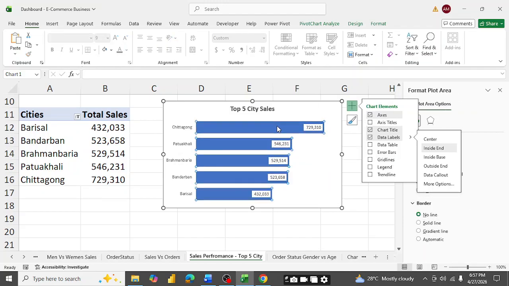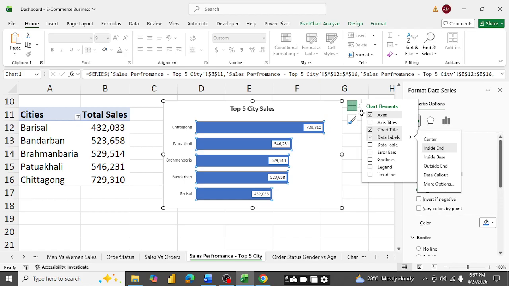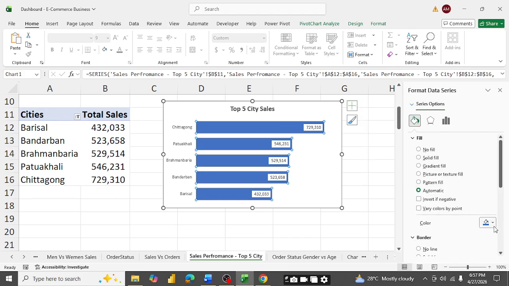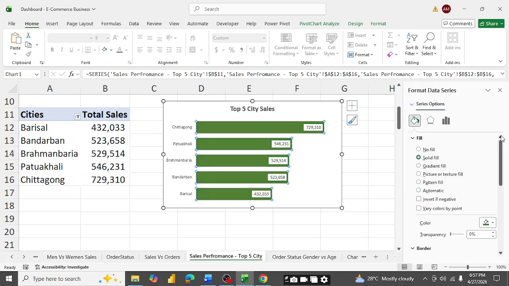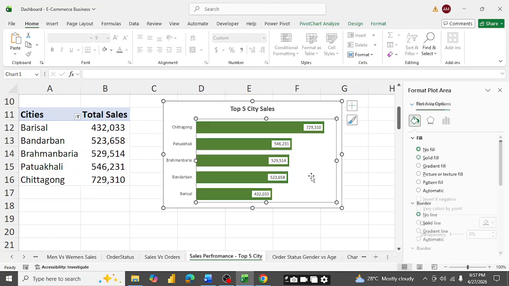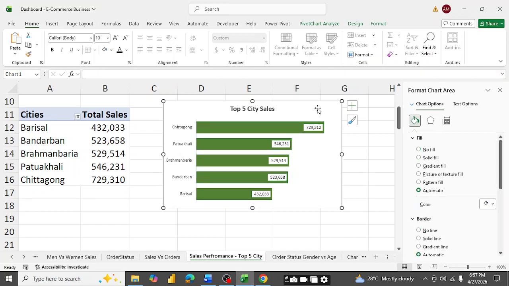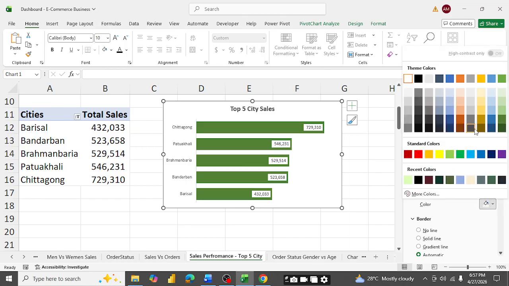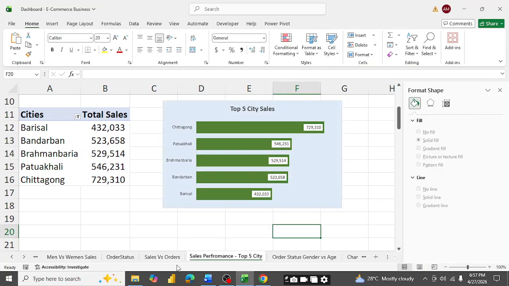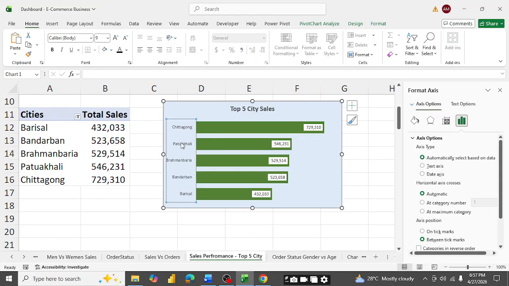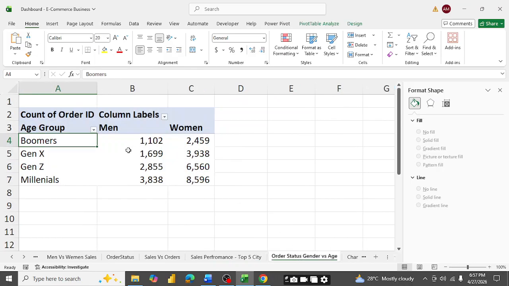Okay, so we just need to select over here. Now we just need to change the grid line. Okay, so the grid line will be like this, and the values have been created, and now we just need to make the background in different colors so that it looks great, and this is the information we can get from here. Now make it bold, and then let's go to the millennial group, age group by